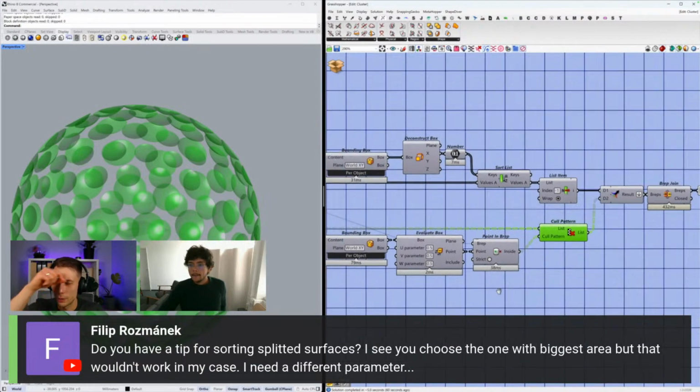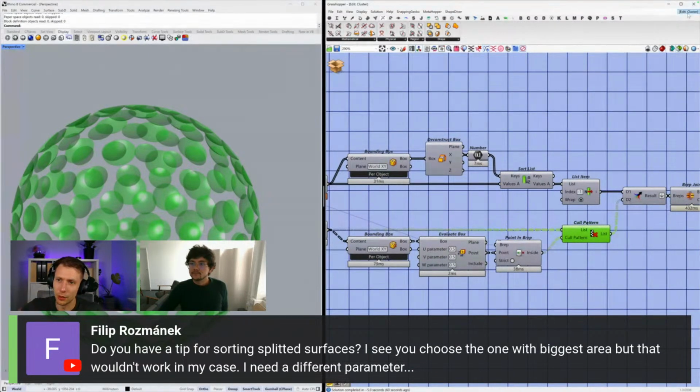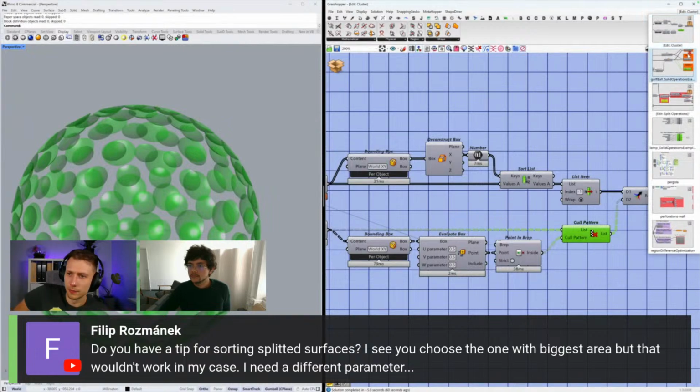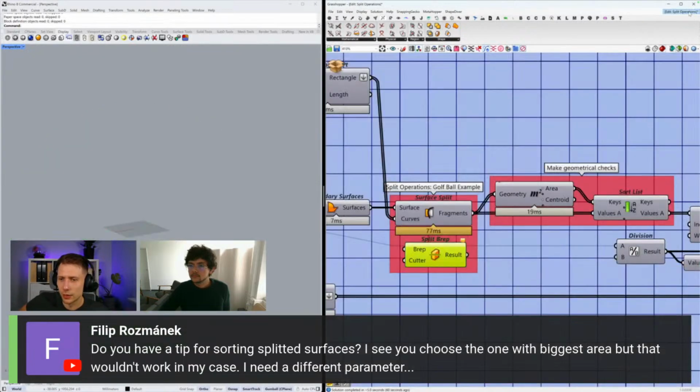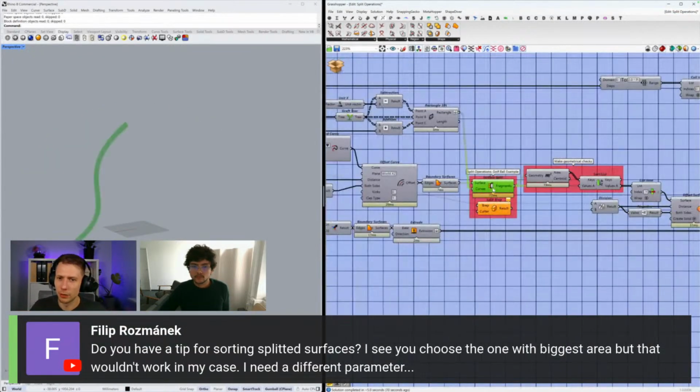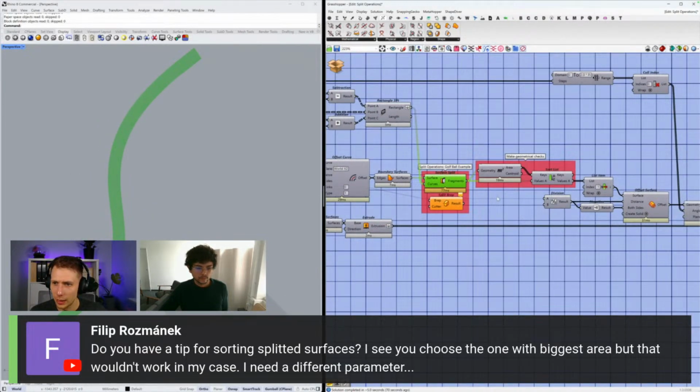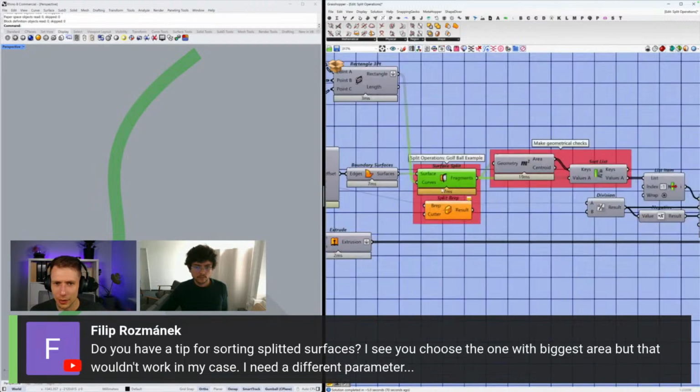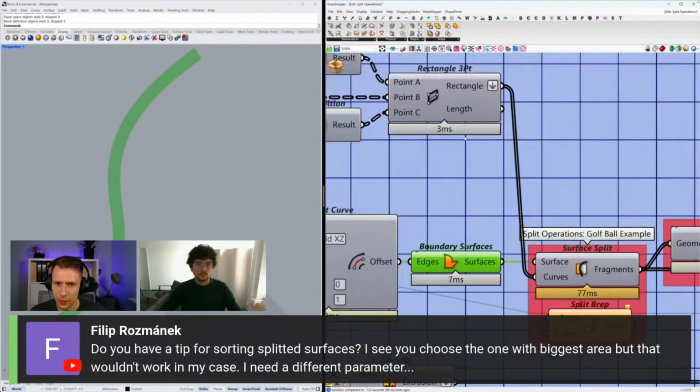If you can come back to the previous example with the lamp, can you just show it? When I was thinking about it, if you're looking for another way, can you just show the splitting, how you split that with the other BReps? Yeah, with this, for example.